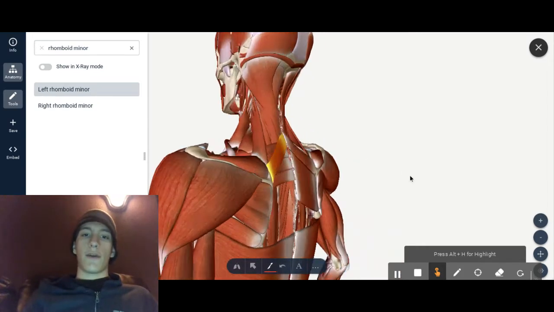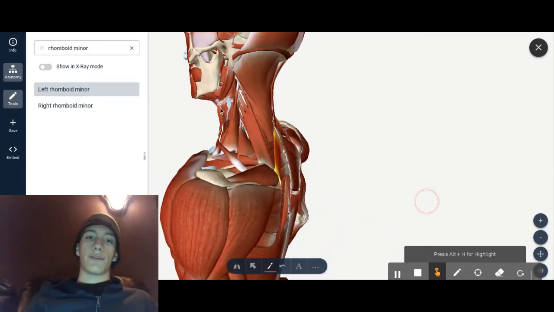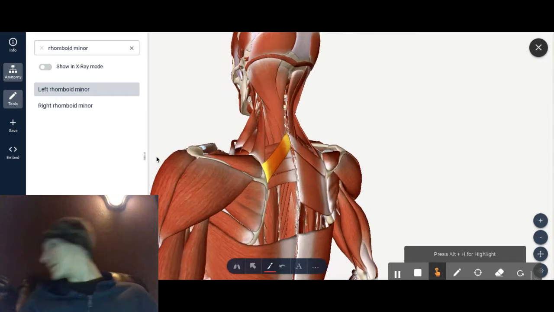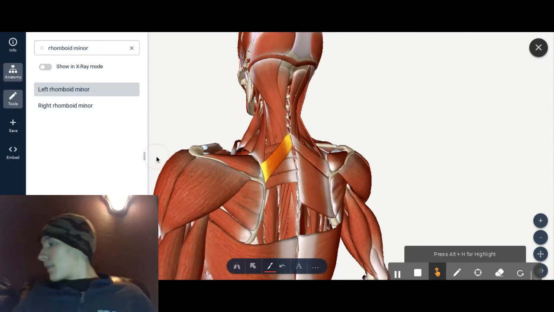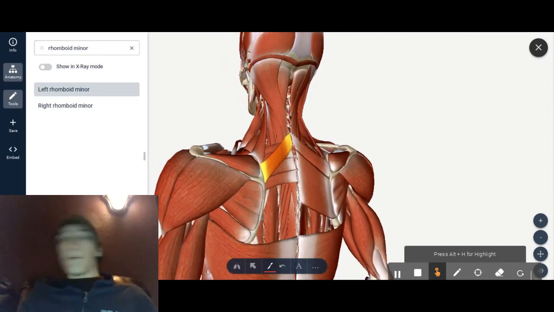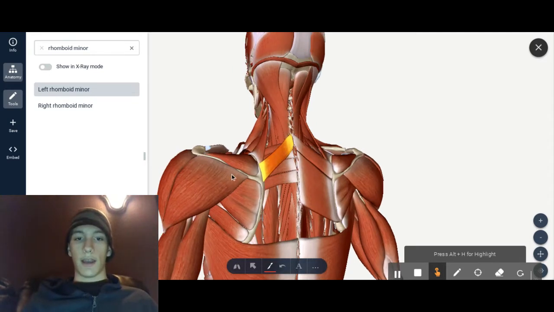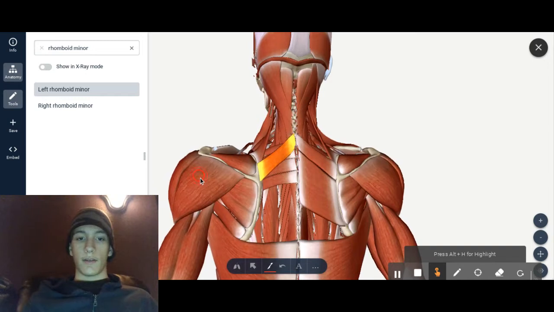I don't know if I went over the sternohyoid, but the sternohyoid helps you talk. It moves your hyoid up and down, effectively changing the length of your vocal cords and therefore the pitch of your voice. Next page, we're going to be now talking about your